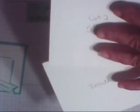So we'll start with the card right here and put that aside. Then what we want to do is cut 2 pieces, and I'm going to give you these dimensions even on camera, and they'll also again be posted. But you want to cut 2 pieces of Whisper White or whatever color that you're working with. You could use Very Vanilla, but I like to go with a more solid, lighter color inside, so that then anyone who gets the card can write their own sentiment, or even purchase some stamps and stamp your own sentiment. Okay, so you want to cut 2 pieces of the lighter cardstock at 5 1/4 by 4, okay, and 1